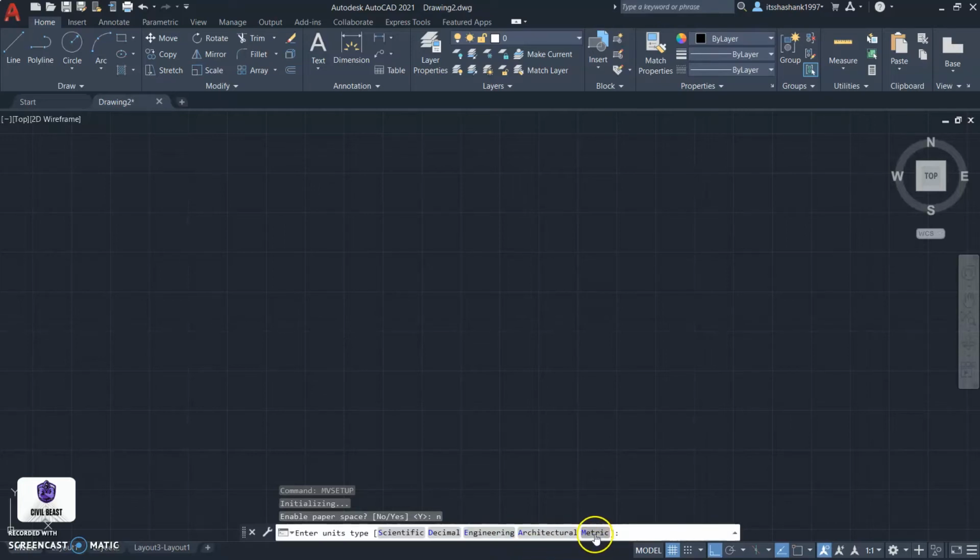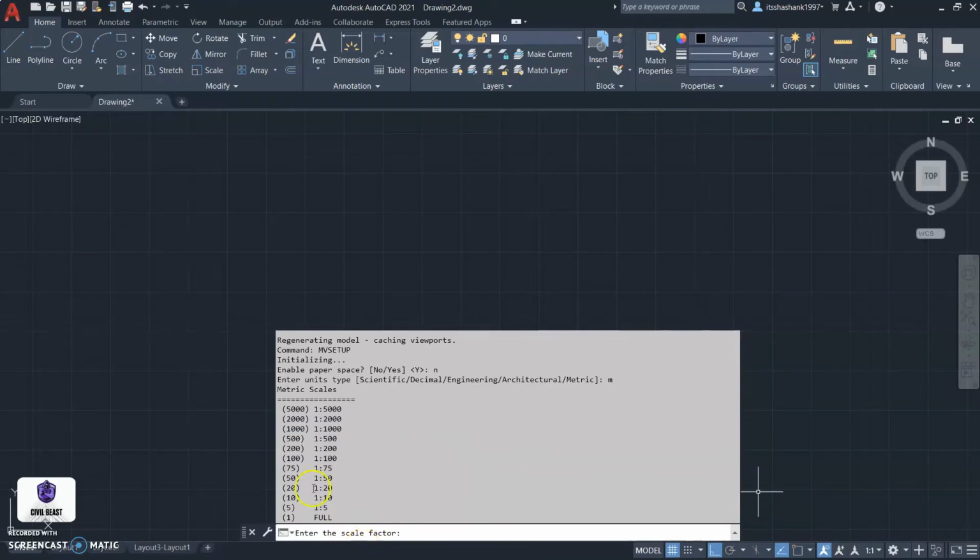And metric we use for meters and mm. So engineering and architectural cover feet, decimal and scientific cover decimals, and metric covers meters and millimeters. So we will proceed with metric, M.